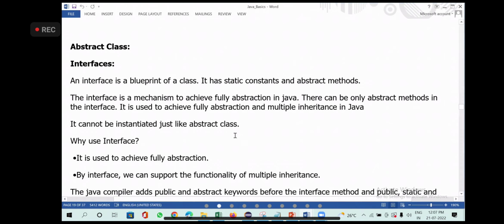Now make a note: abstract class. A class that contains at least one abstract method is called an abstract class.